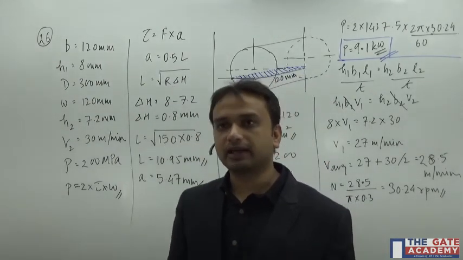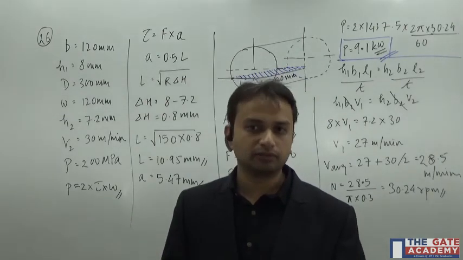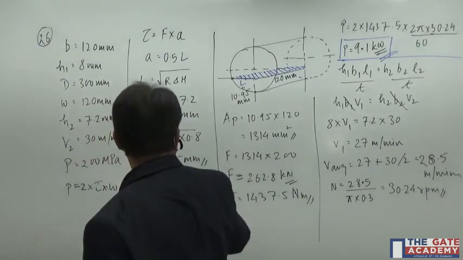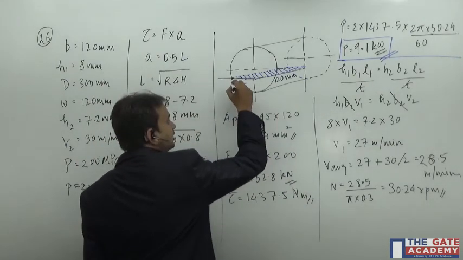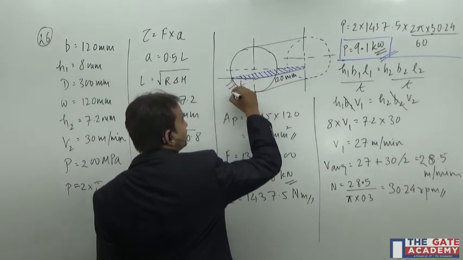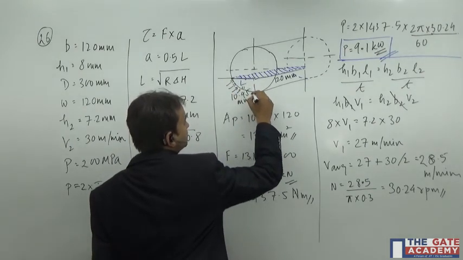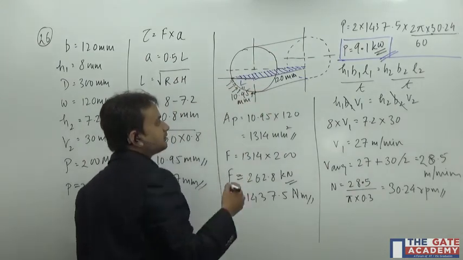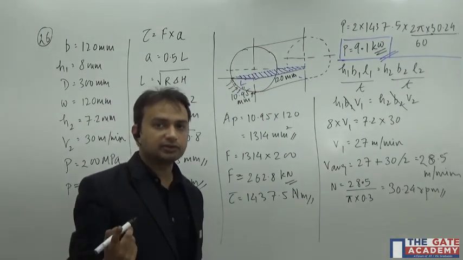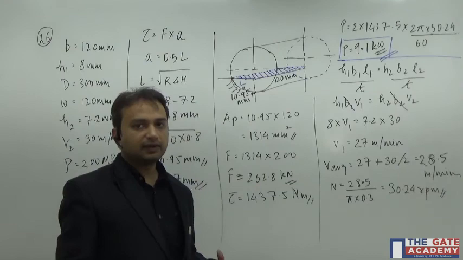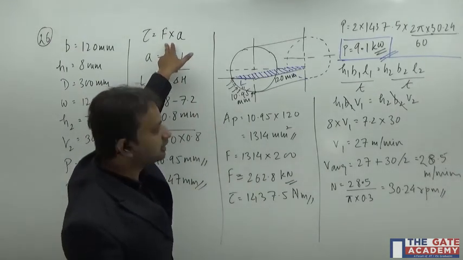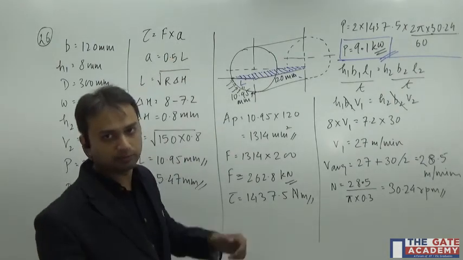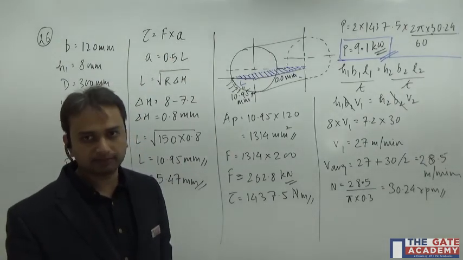And torque cannot be directly computed as force into radius of the rolls, because the forces are actually distributed throughout the deformation zone. So this is the deformation zone from here till here, and also there is not one single force that is acting. That's why we cannot directly use force into radius; force into A, which is known as arm moment, has to be adopted.